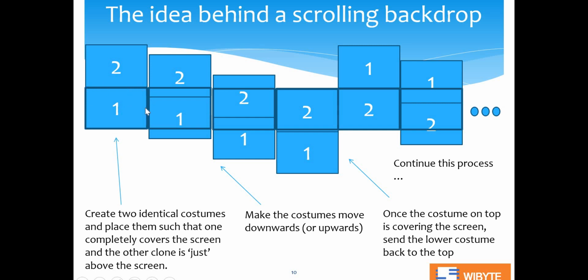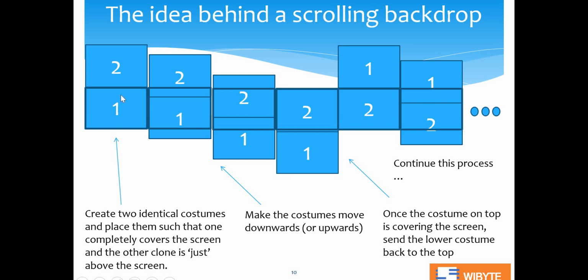So this dark blue line is, let's say, the entire stage, which is covering that. And another one, unknown to our eyes, like sort of hidden from our eyes, is sitting on top somewhere here, like this guy here. Now, if I, let's say, move both of these together without creating any gap here, both of them, if they come down at the same speed exactly, without any gap getting created, then it will look like the background is moving.